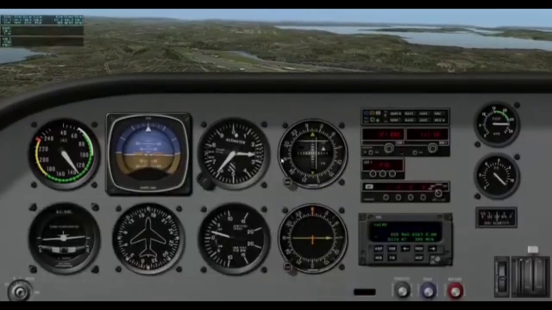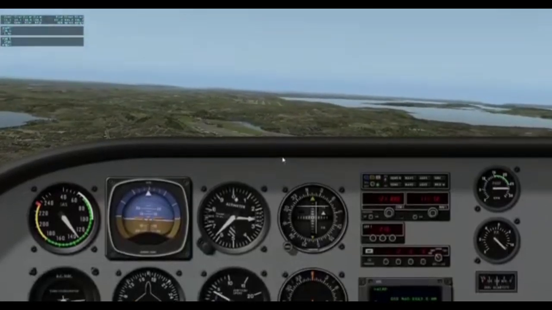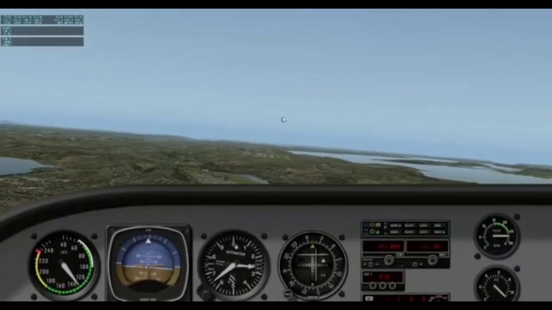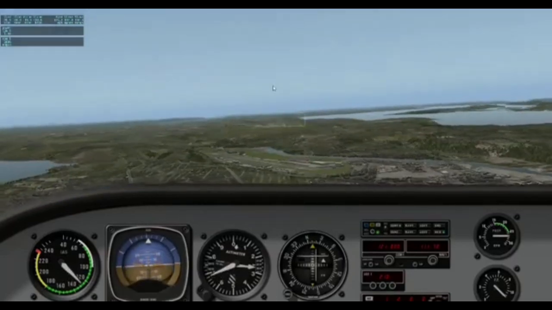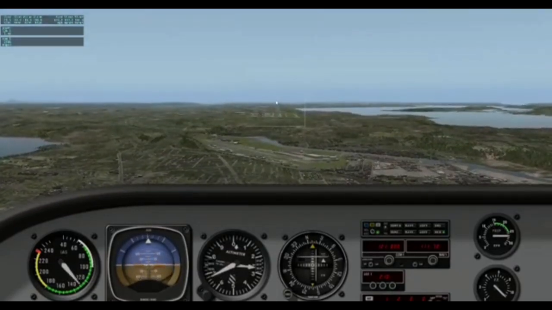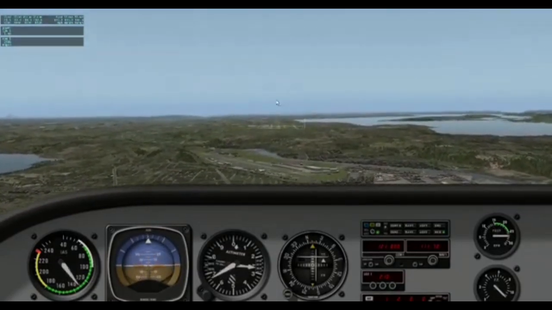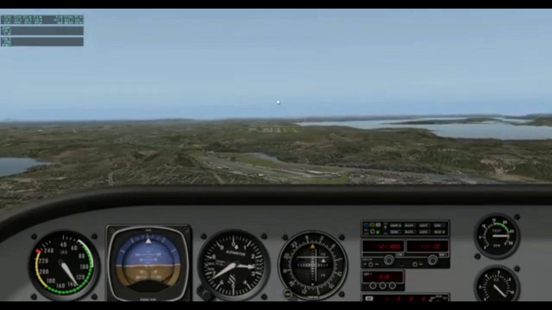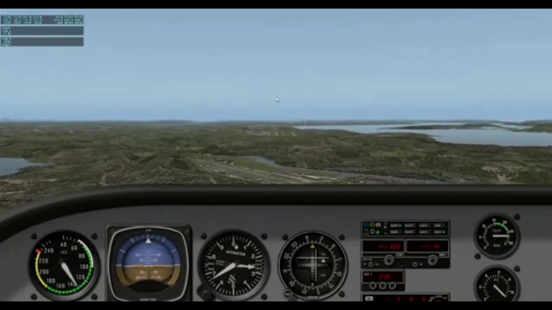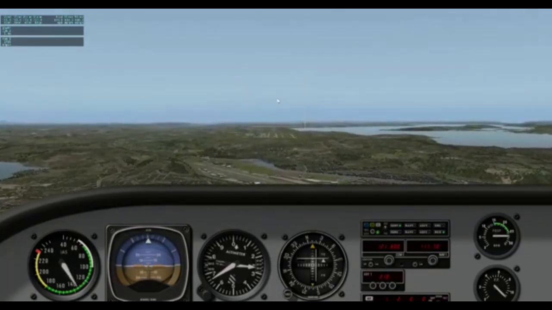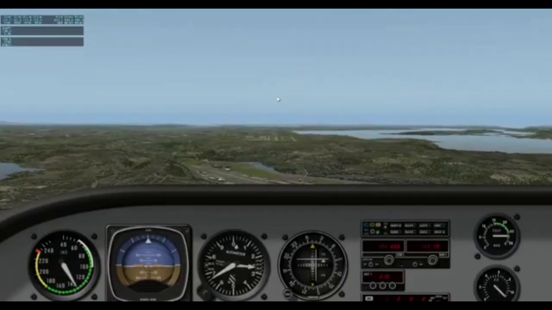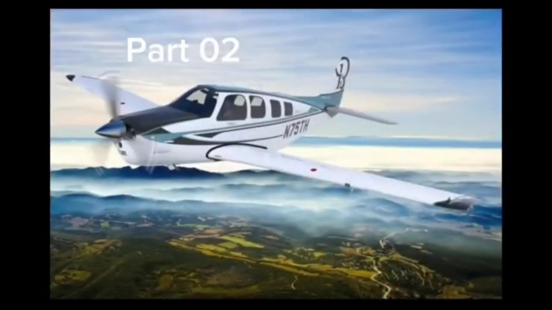You can see we're flying at around 130 knots. We will fly all aircraft with max power, so every aircraft has the same condition. So as you can see, it's quite stable. Requires very few inputs to keep the aircraft stable, and it's flying at around 124 knots. For part 2, we'll be